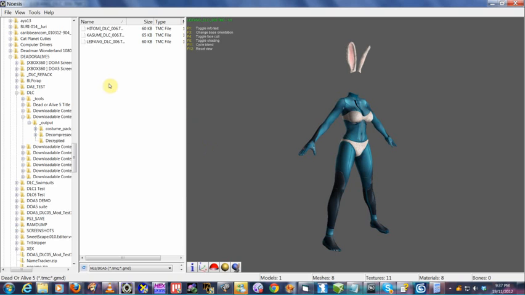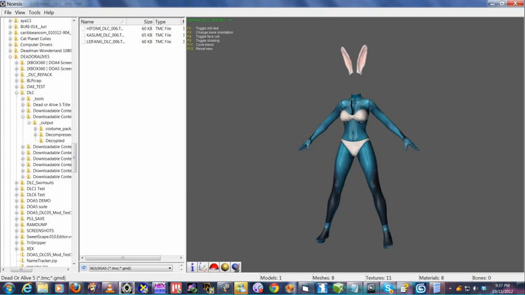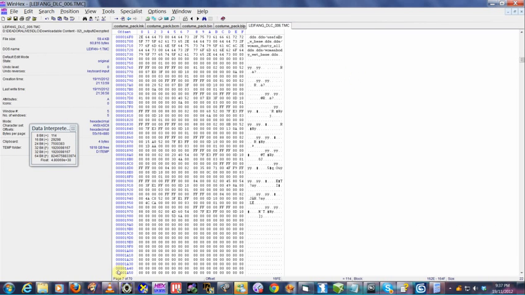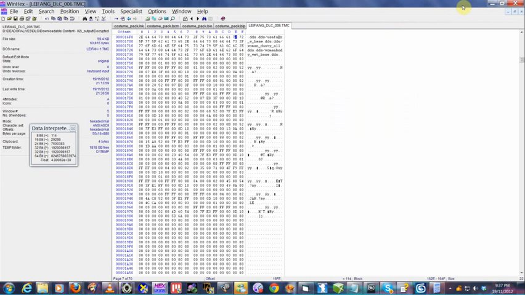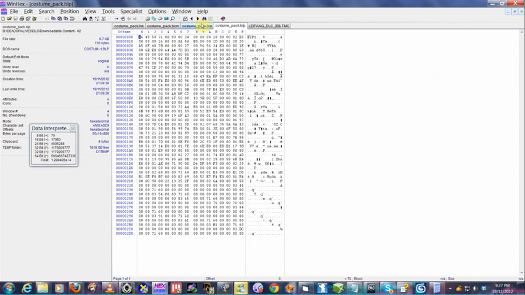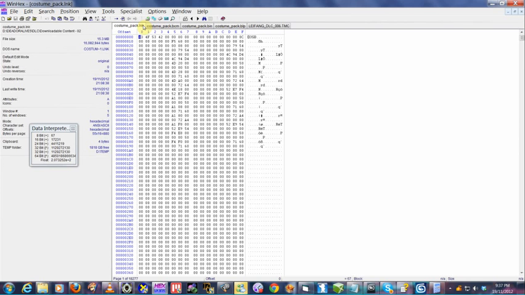Our mod's pretty much ready. Okay, we can view it in Gnosis. Check it out. We can tweak it back in MaxScript if we need to, or 3ds Max, sorry. Then when we're all ready, we have to rebuild the 4 package files, I guess, and then put it back into a DLC file. So the hardest part is probably going to be